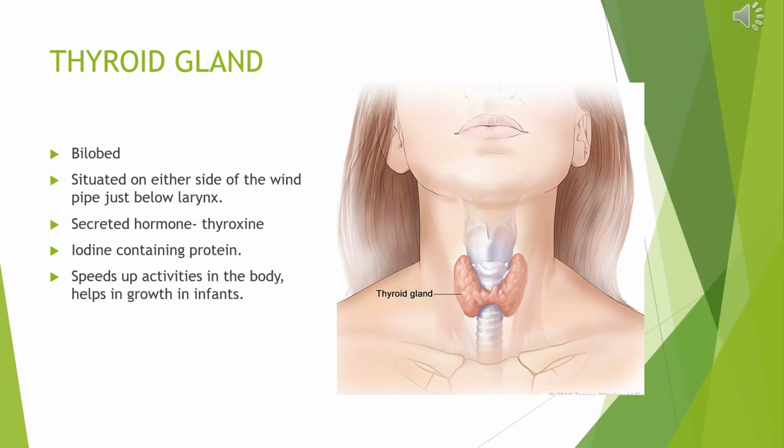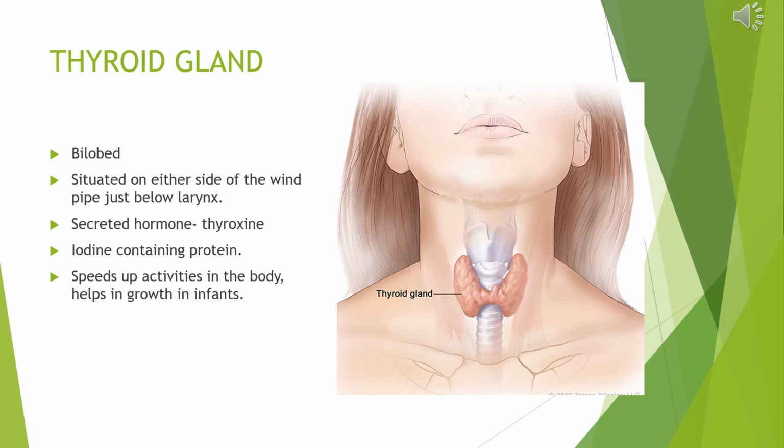The first endocrine gland that we are going to discuss in detail is the thyroid gland. So where is the thyroid gland located? In our neck region, on both sides of the windpipe, the thyroid gland is located, as we can see in the picture. Now it is a bilobed gland. Bilobed means that it has two lobes or two parts which are present on both sides of the trachea or the windpipe. It is just present below the larynx.